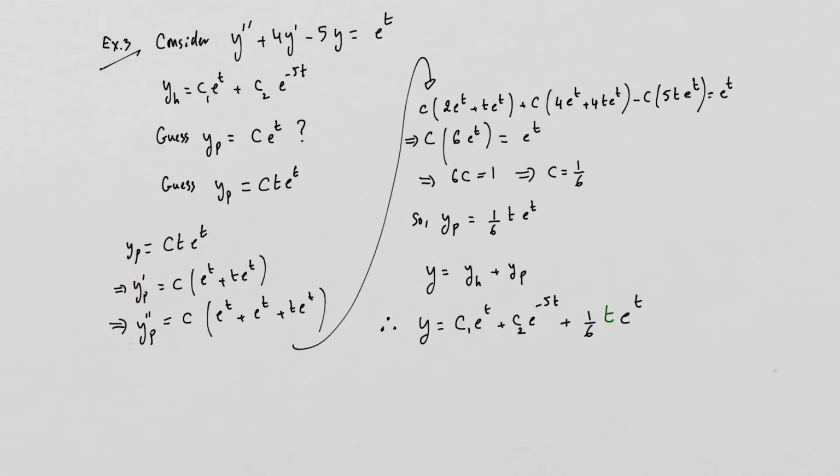Once again, I differentiate once, twice. I kept c outside so it doesn't bother me. Product rule, and then the derivative of this is this, and the derivative of this, I had just done it, which is that. Here it is. This piece is exactly this piece, and this is 2e to the t, and put the pieces together and force it to be e to the t. Of course, I got c times 6e to the t equals e to the t, and therefore c is 1/6, and therefore my particular solution is 1/6 e to the t times t. Okay, so it seems to work. You can also plug that in here. I actually did